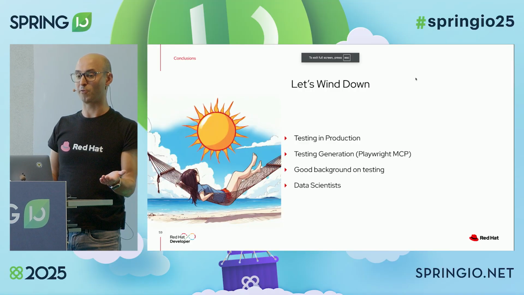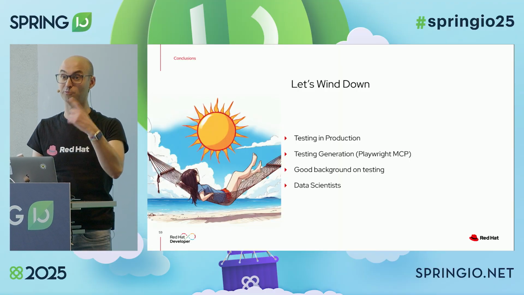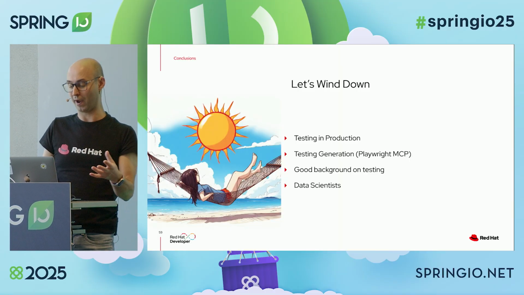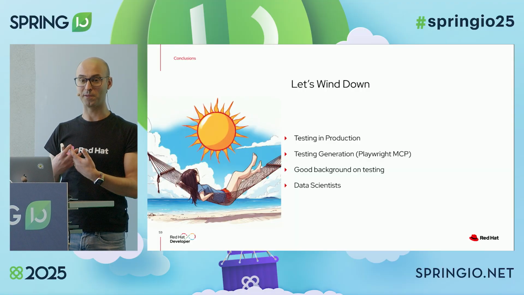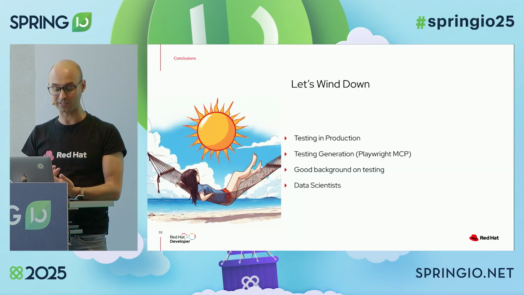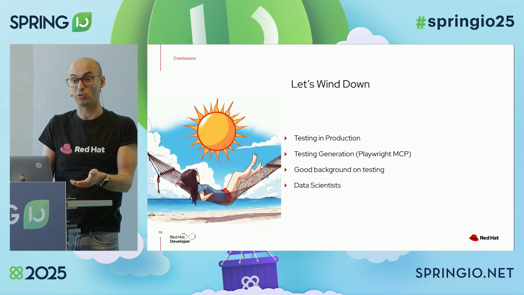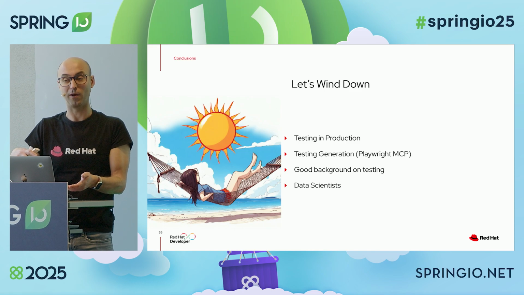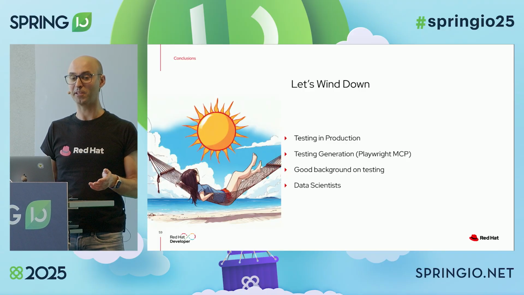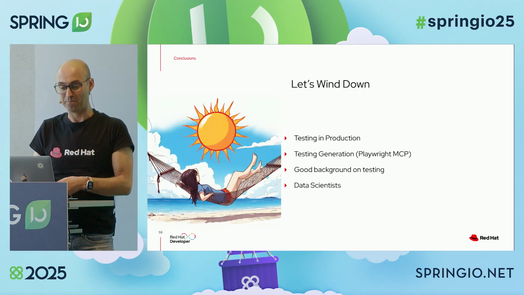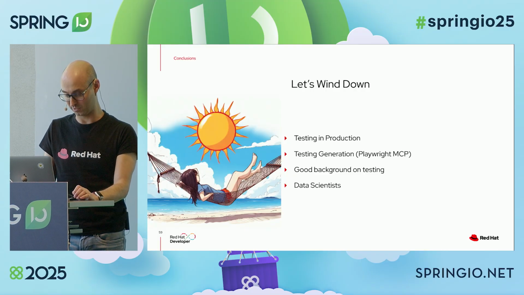You still need a good background on testing, because you need to test your application. You need to know what happens if the user puts this or that. You also need to involve the data scientists from the beginning, especially in the testing. If you've got a data scientist in your organization, they should be involved in writing the tests, because they know how the model works. Well, probably nobody knows how a model works, but it's interesting to have the data scientists always involved.